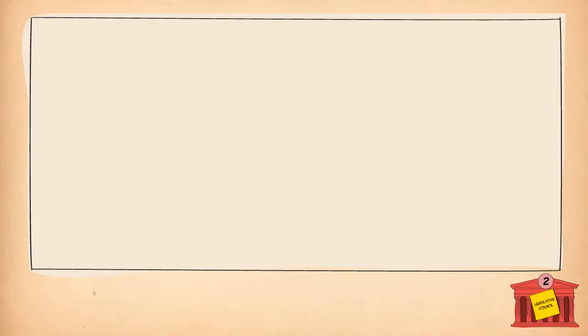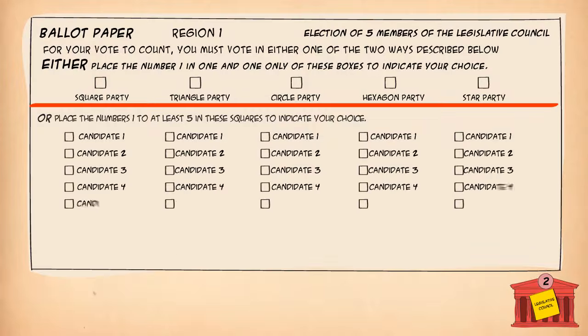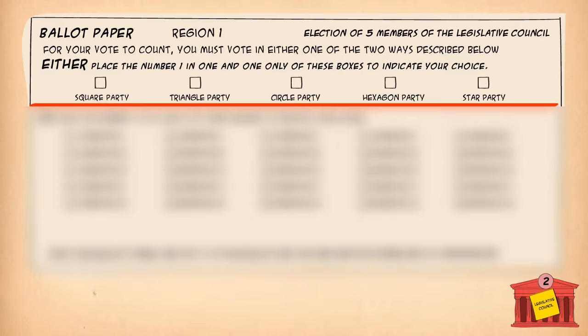There are 2 ways of voting for the Legislative Council, above the line or below the line. You get to choose which one. To vote above the line, put 1 in the box of the party you support. This indicates that you wish to follow the preferences of that party or group. It means you automatically vote for candidates in the order chosen by their party or group.